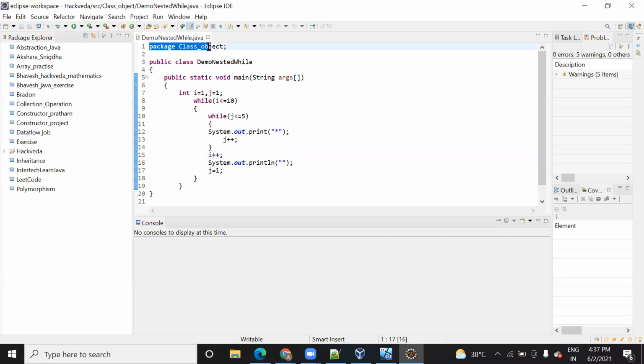This is the package. Don't worry about it as of now because you are just a beginner, so package and all, we will see later on. A package is just a collection of classes. When you combine similar classes, suppose in one app you have several classes, like Login is one class, Sign up is one class, some operations have different classes. Classes, you can say, are different files. So you put all those classes inside one folder, and that is called a package.